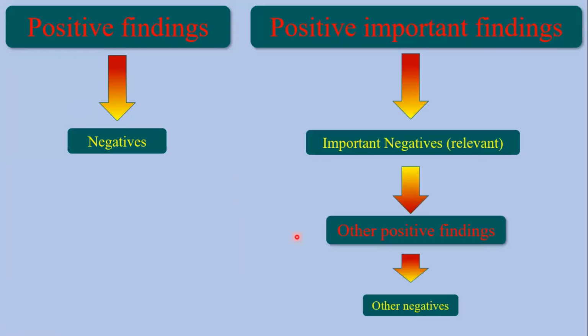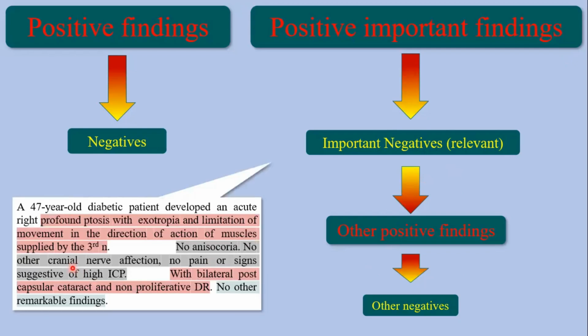There is another more professional way, and that's why it's called an art, to elicit your symptoms and findings: mention the positive important findings, then the relevant negatives, and then go back to the other positives and the other negatives. Giving you an example, the same patient: a 47-year-old diabetic patient developed an acute right profound ptosis with exotropia and limitation of movement. And then I mentioned the relevant negatives: no anisocoria, no other cranial affection, no pain, no signs suggestive of high